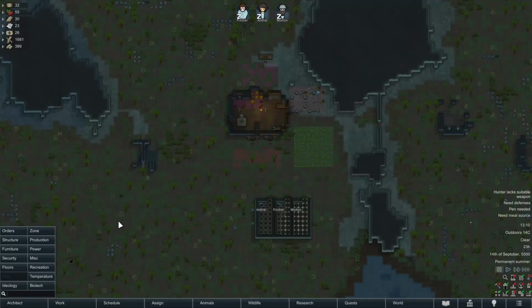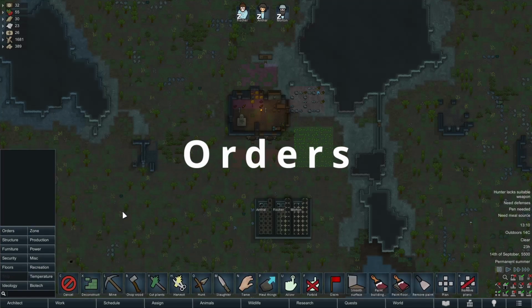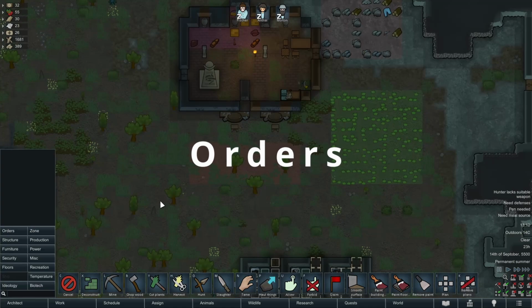The menus in Rimworld are not particularly hard, however it is difficult to understand how to navigate them and what some of the options mean. This time around we are going to look into the Architect tab and all of the tabs that are within it. To begin with, we shall start with the Orders tab, which, although slightly self-explanatory, is nonetheless very important to